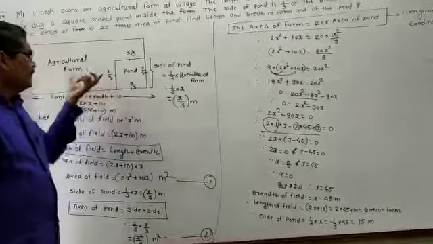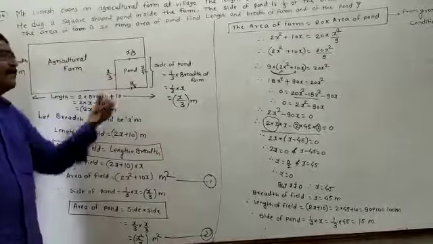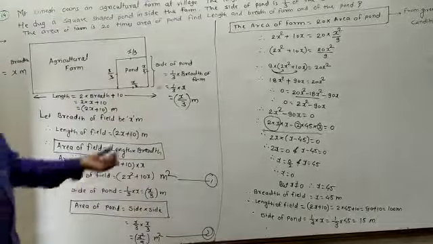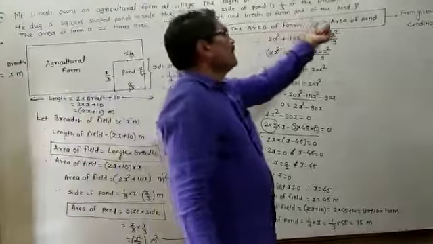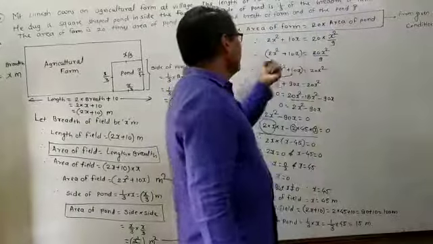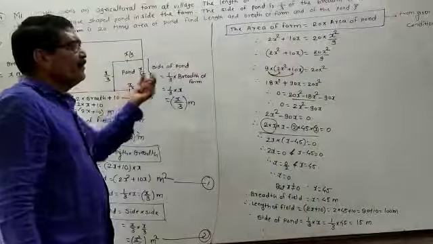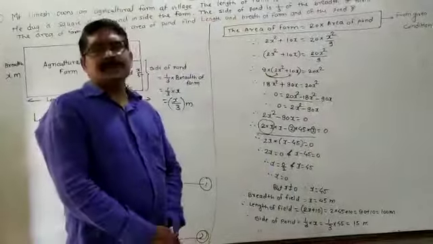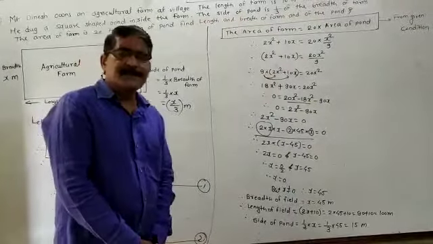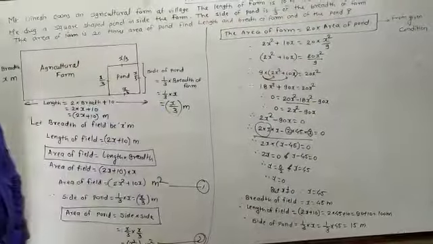And the area of the field is compared with the area of the pond. So I will say that area of the farm is 20 times area of the pond. According to that you have to find out the area of the field and area of the pond. You have to put the value and solve the example. I think you understand these things properly. You have to write these things in the book.